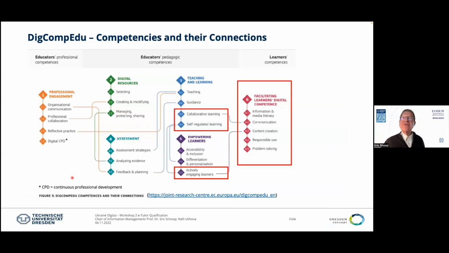And if we just focus on the highlighted area on the right side, those are the 21st century skills: information literacy, media literacy, communication skills, content creation skills, responsible use of content and information, and the competence to solve real-world problems.